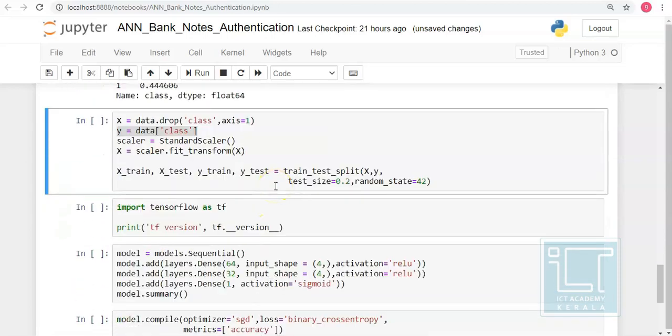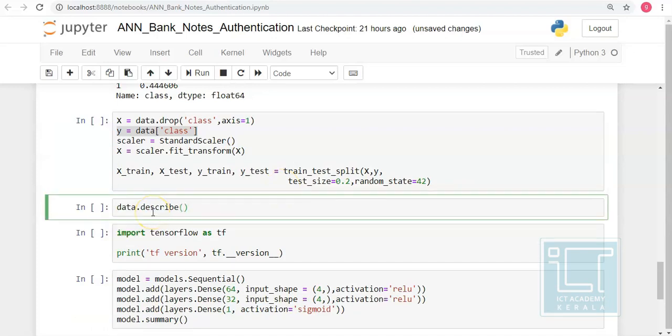Now if I have to mention something here, it is that if the class variables were given in terms of yes and no's, or say it would have been given as fake or real in the data set that we have, then we would have needed to convert them into zeros and ones first using categorical encoding or one-hot encoding. But since here it is directly given as zeros and ones, there is no need for encoding in this case.